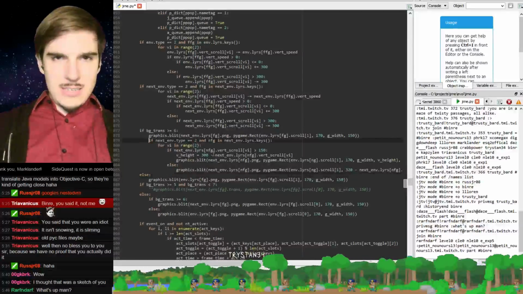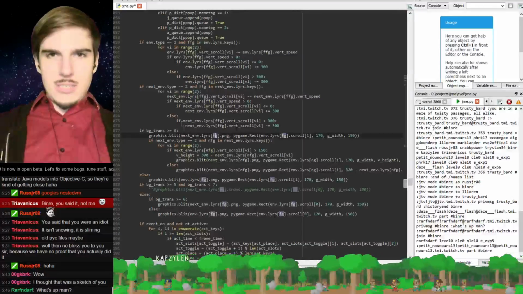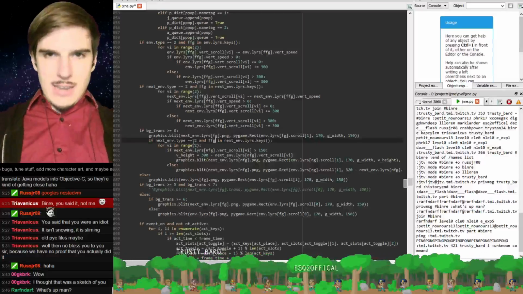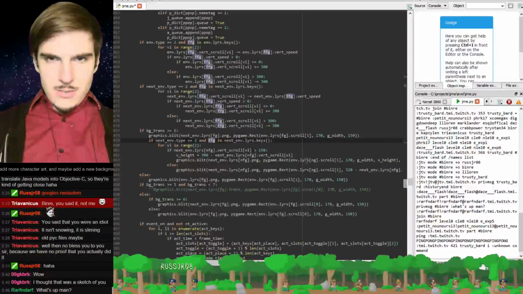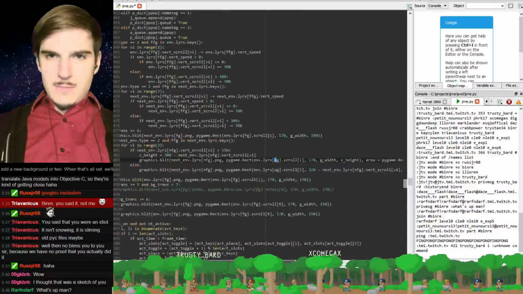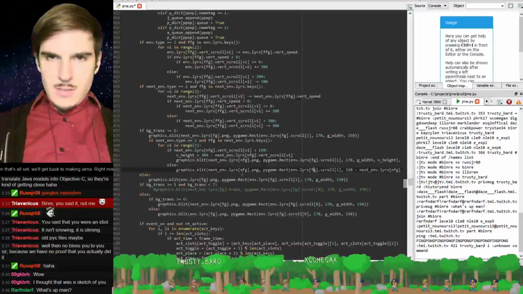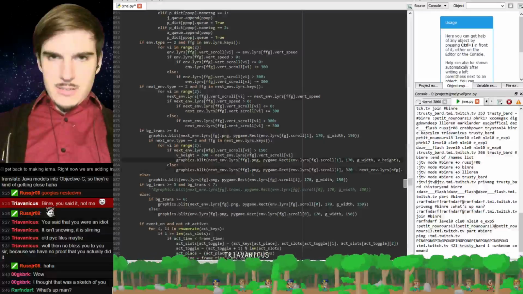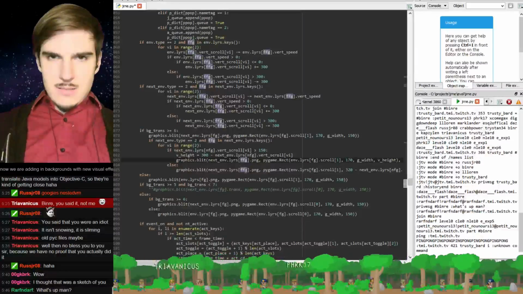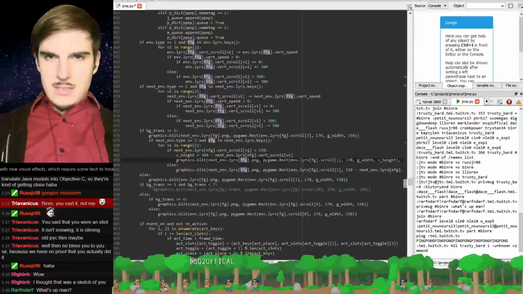So, indent that. All right, so again, where we have been referencing the near foreground, we actually want the foreground. So where we reference the near ground, we actually want to reference the foreground. Again, near foreground is foreground. Did I do that correctly? I think so. I hope so.